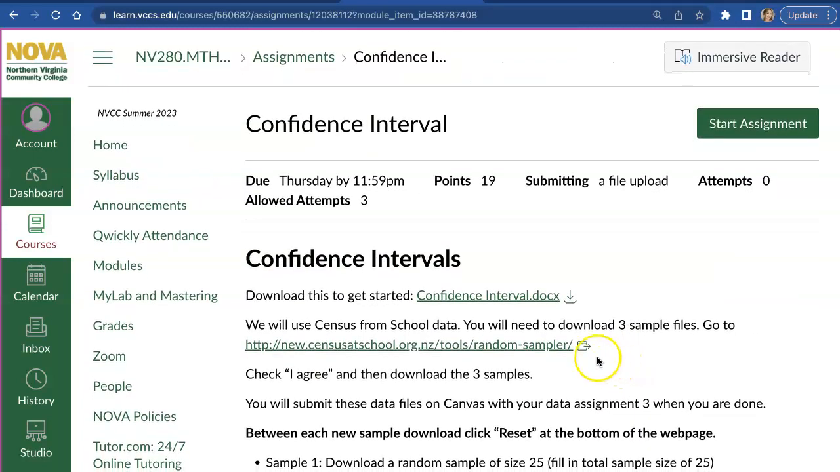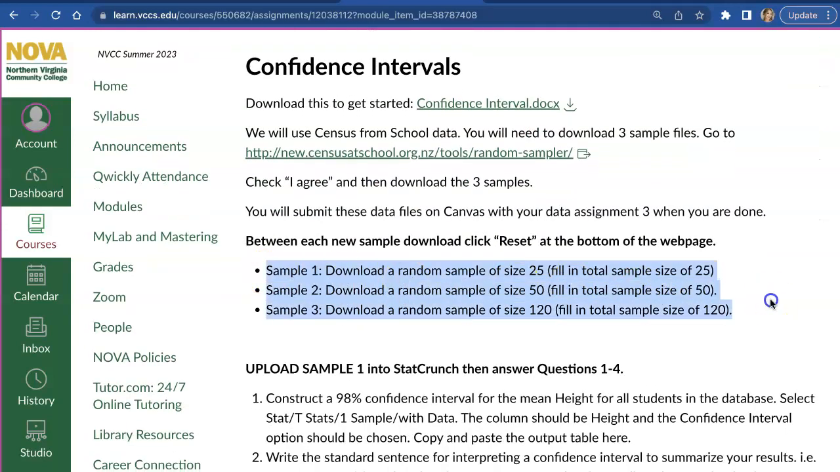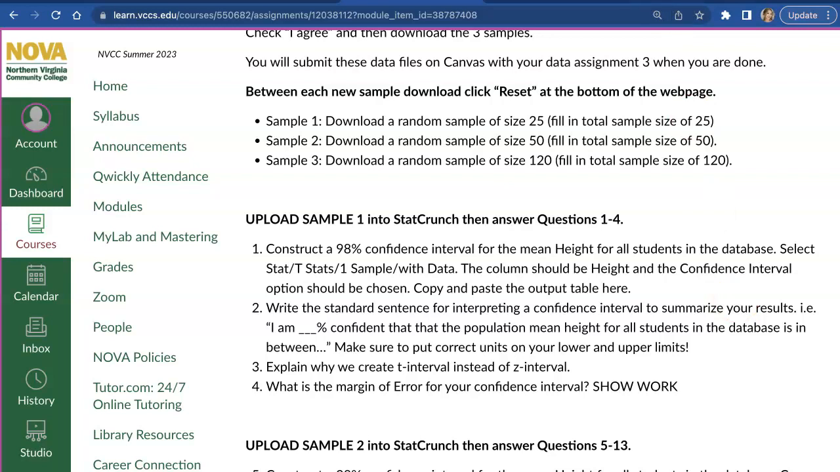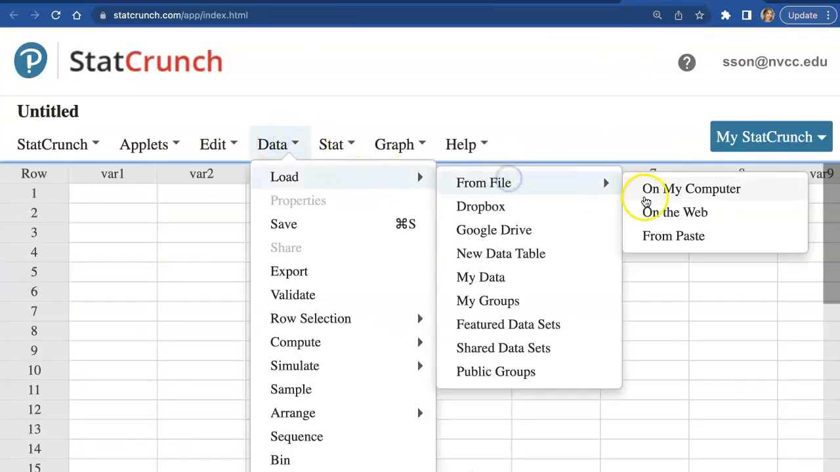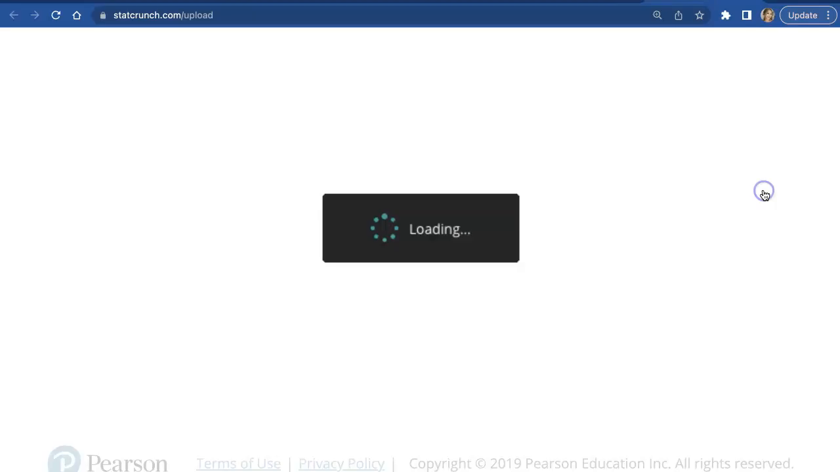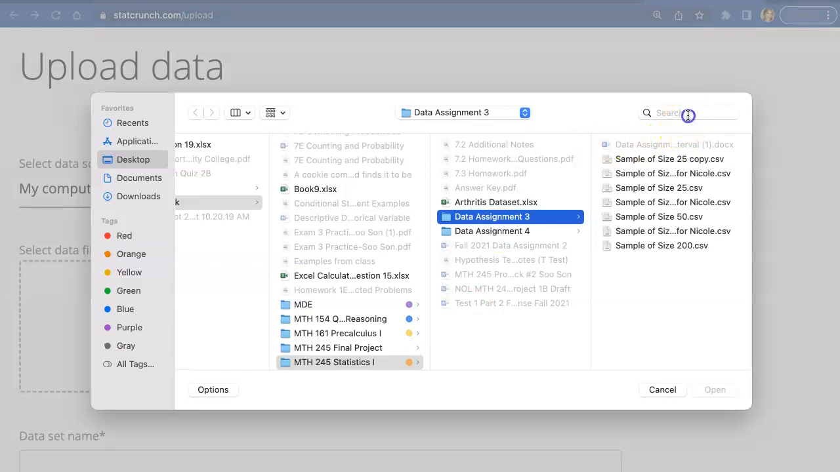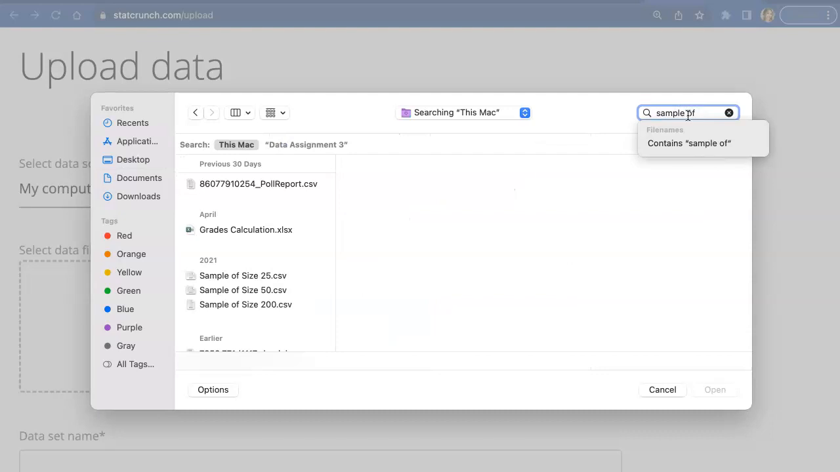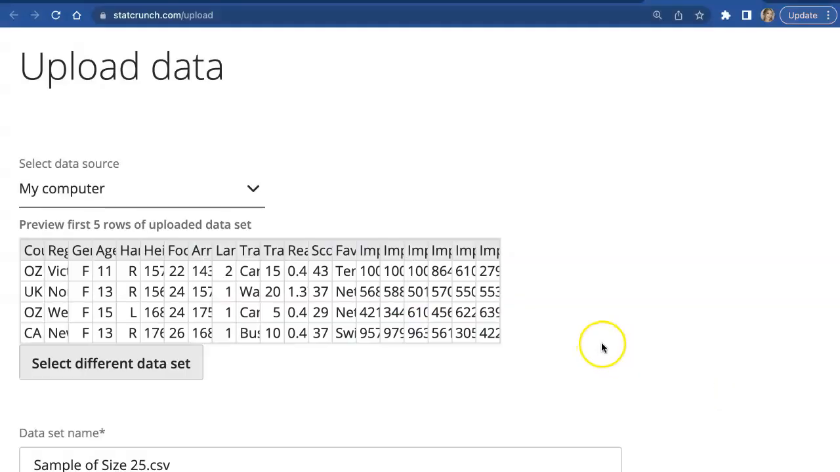Alright, in this video we will go over questions 1 through 4 of the confidence intervals assignment. We downloaded the samples in the previous video. Go open up StatCrunch, click on Data, Load, From File on my computer. Go find that sample that you downloaded on your computer. The first sample had a size of 25, so I will open it and scroll down